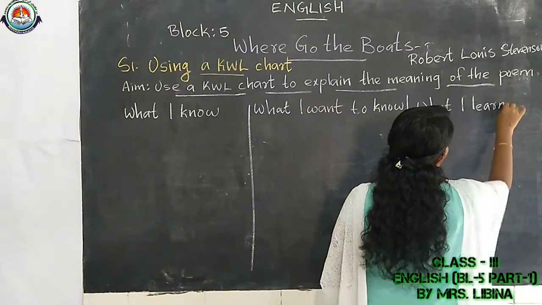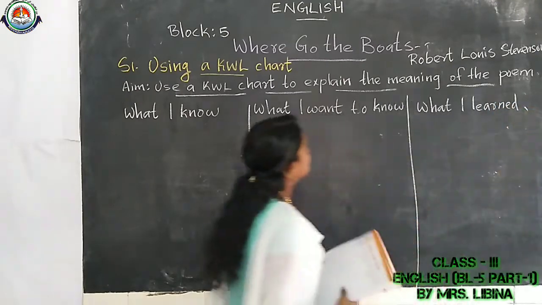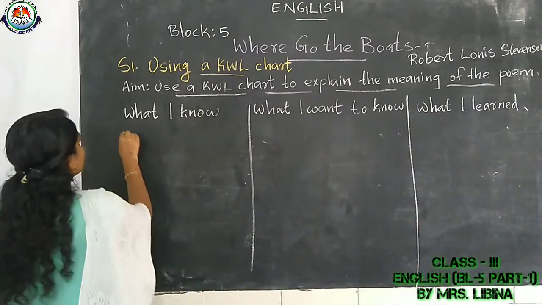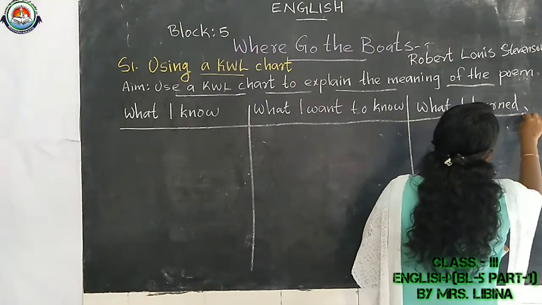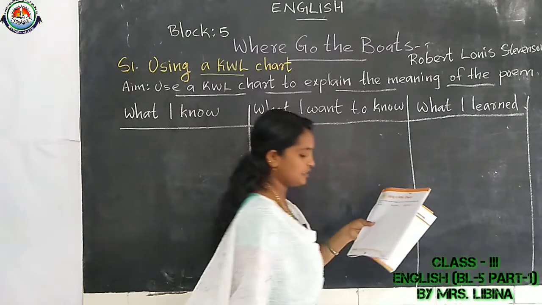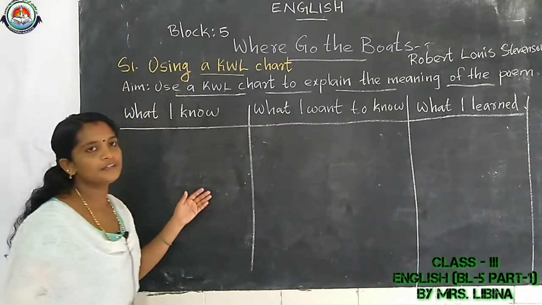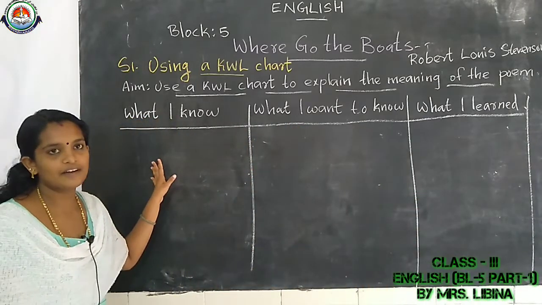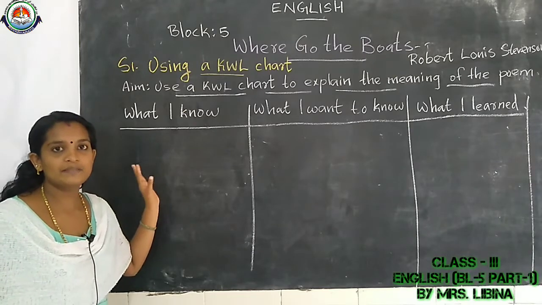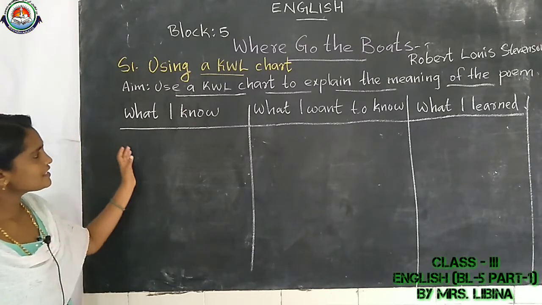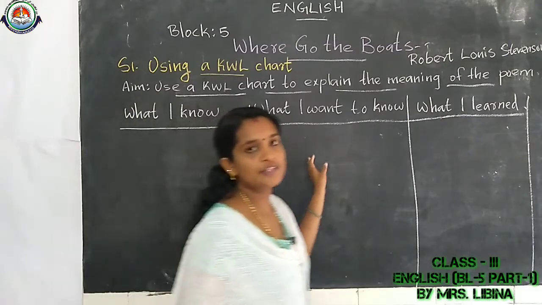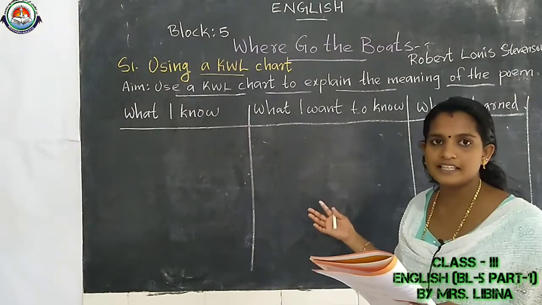Okay. Listen here. These 2 columns. You have to be ready with your workbook. Page number 31. All of you open your workbook page number 31 and keep a scale and pencil with you. Okay. Are you ready? Yes. First 2 columns we have to complete before reciting this poem.